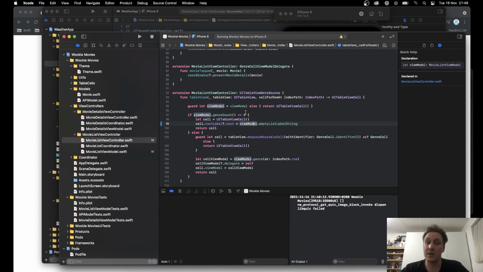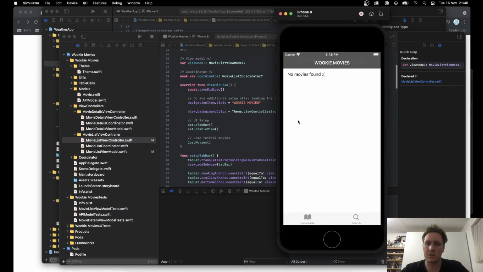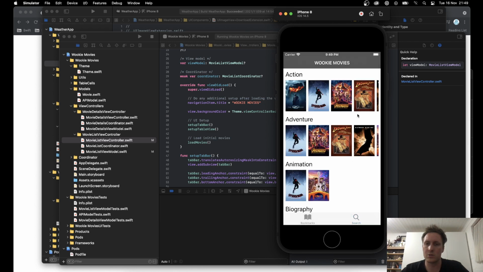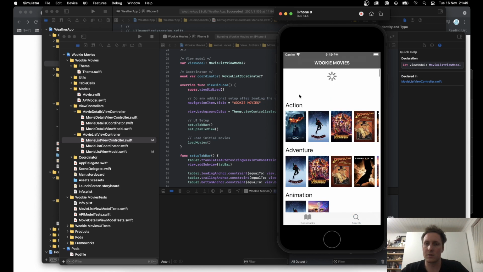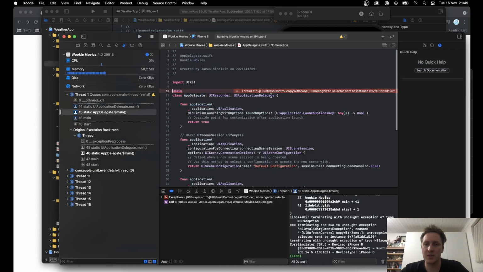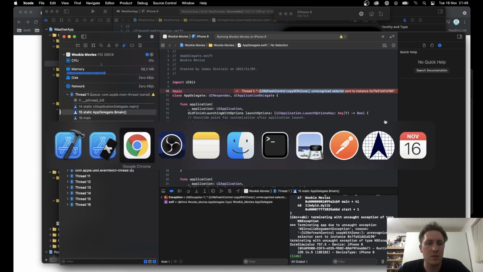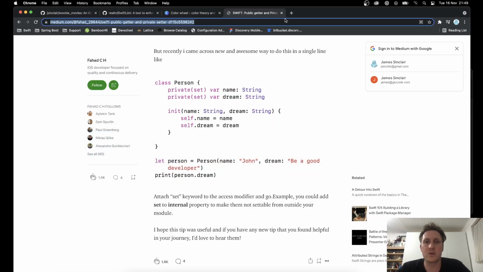Then the main thing. Let's just say search. Okay. So when we pull this down, we get an error: refresh control, unrecognized selector sent to instance. This has to have been